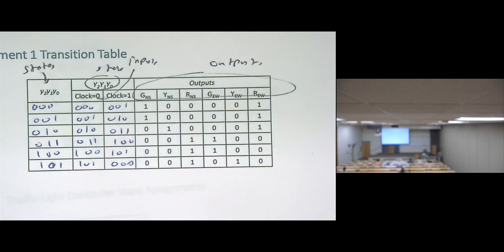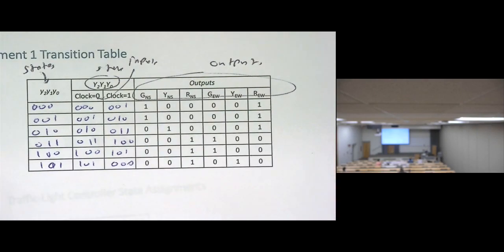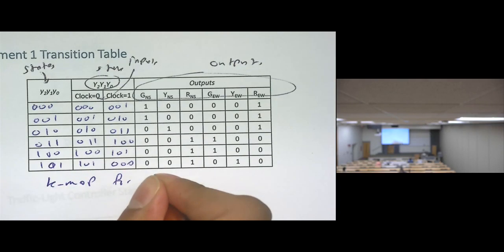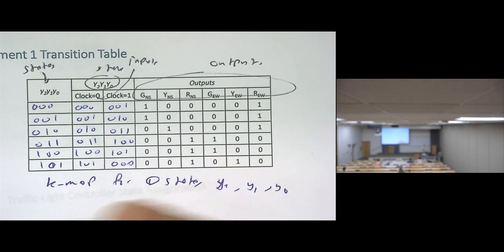So in order to do the analysis, we need to make kernel maps for states. We need to make kernel maps for y2, y1, y0, and also kernel maps for outputs, which are GNS, YNS, RNS,